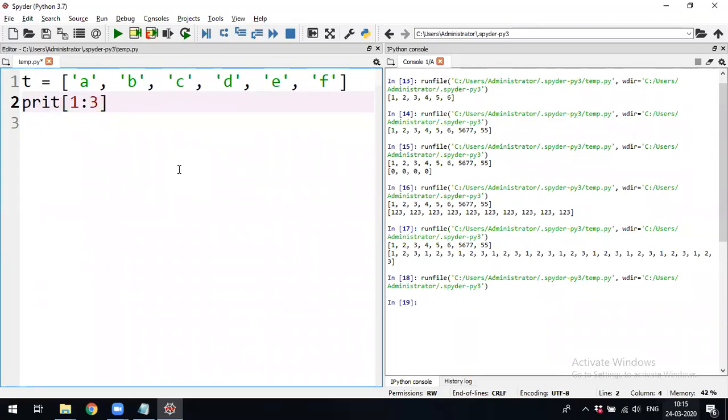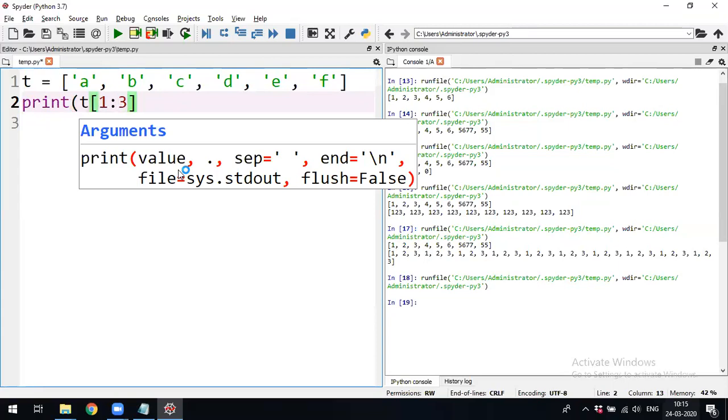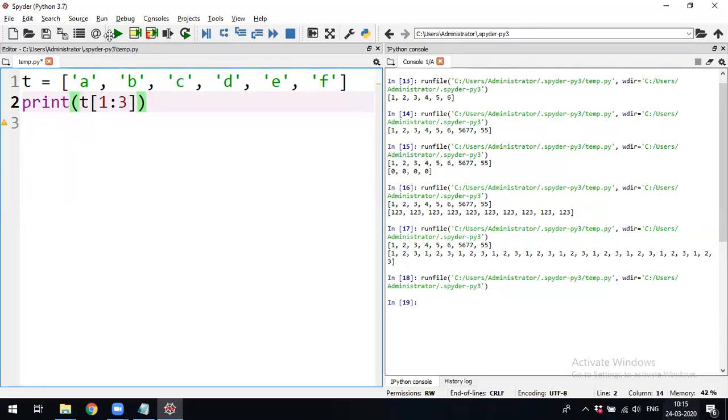Without the function called print, it is not going to print the elements in the console. See now B and C it is going to print. Why is it going to print B and C? It is going to include index 1, meaning 0, 1, B, it is going to include, then 2, C, it is going to include, and the last index 3 it is going to exclude. That is why B and C it is going to print.